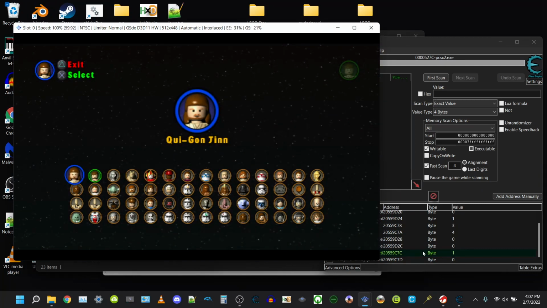Salutations, Proboscis2 here with a tutorial on how to hack hard-coded animation sets in LEGO Star Wars 1 for the